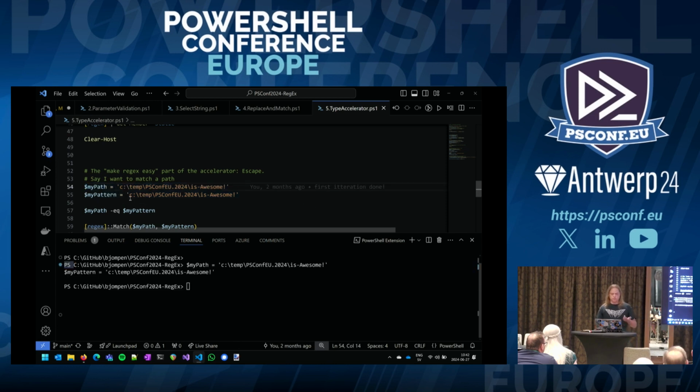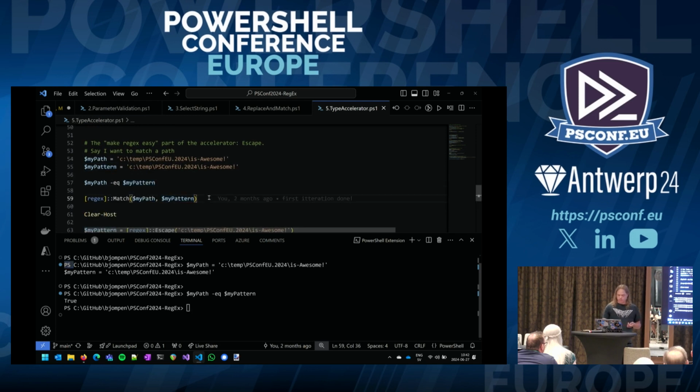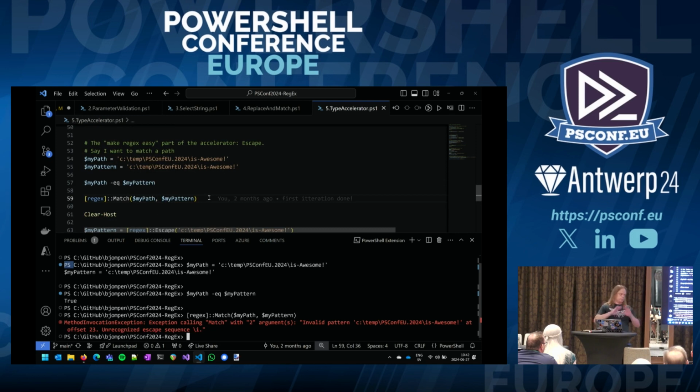Now, the problem with this, if you know Regex, you already know. If we do just, are they equal? Well, they are. They look the same. But if we do Regex match and say, hey, do they match each other? No, they don't. Because, well, for example, backslash is the Regex character. This means that we will try to use this and escape and see, hey, we're going to look for /t, which, if I am not wrong, is tabs.